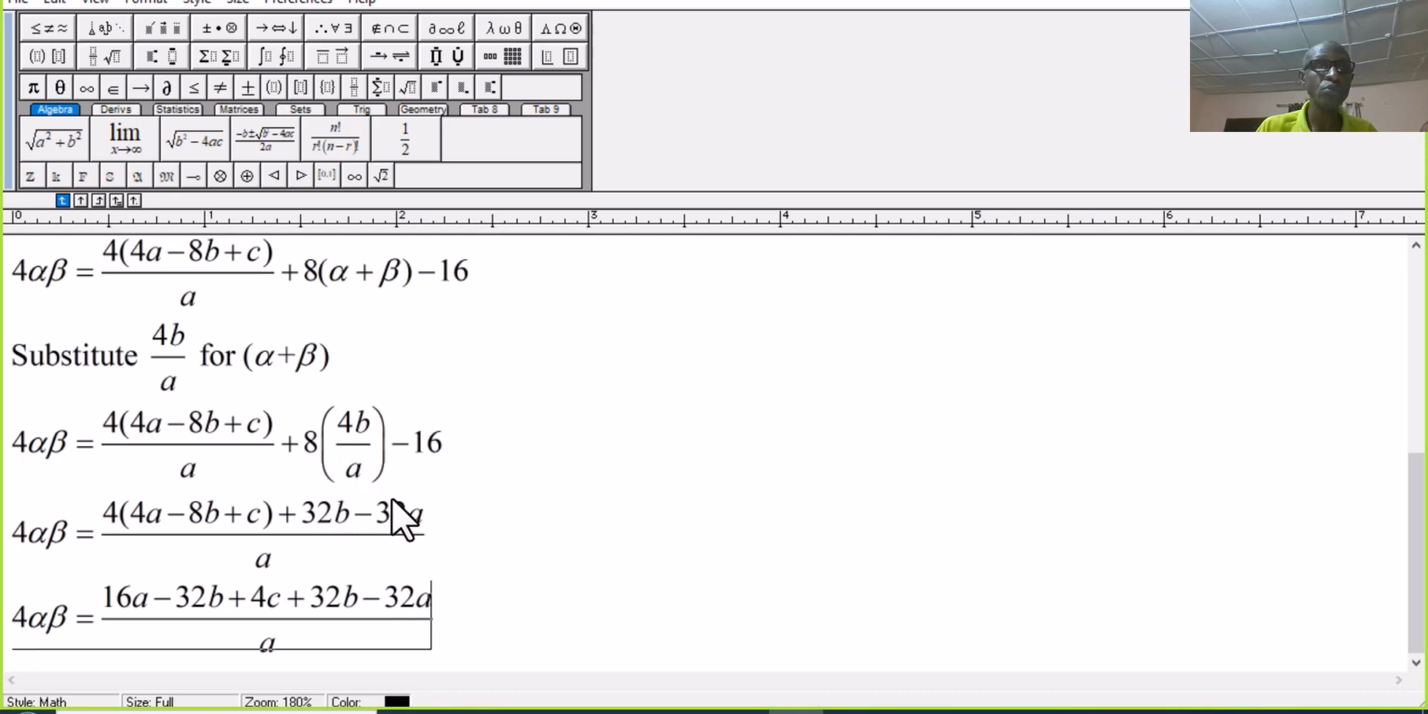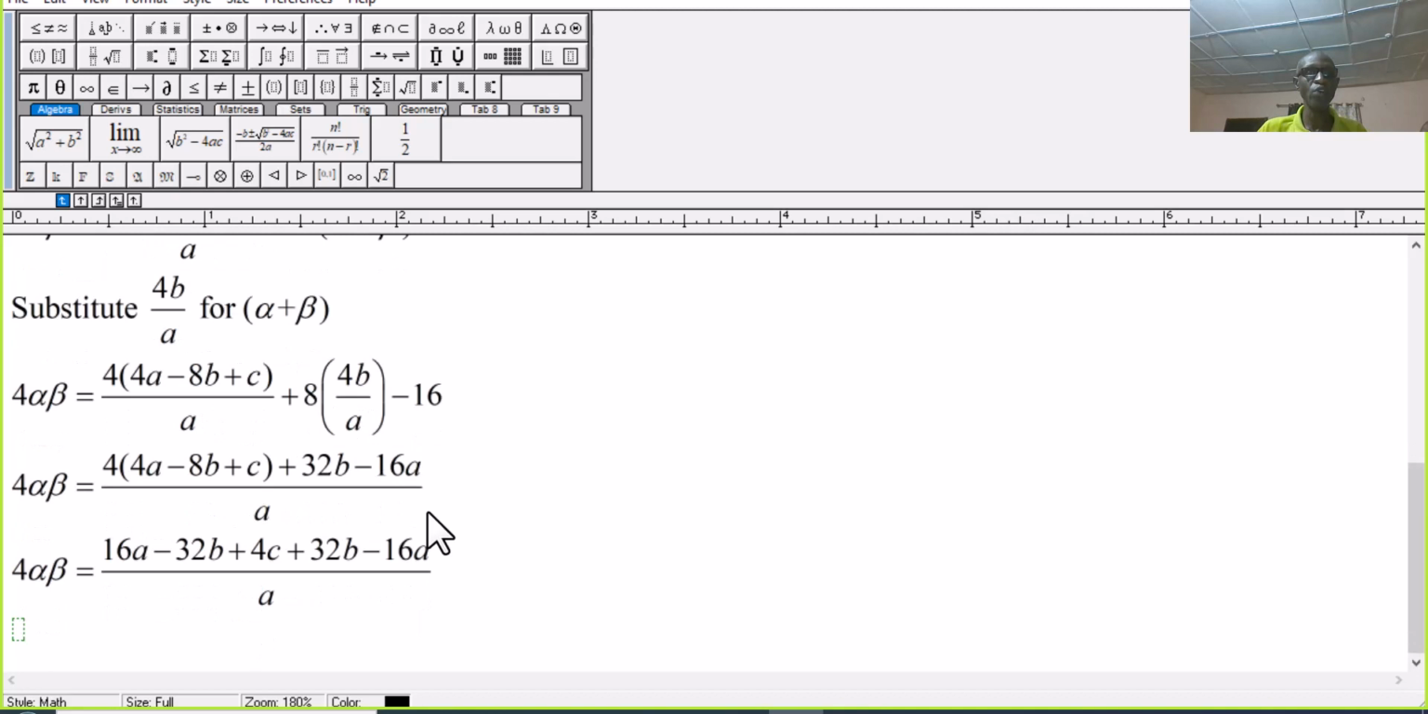This is 32. So this is an error here. That will be minus 16a. So this is 16a. Sorry. It happens as you work, but go over your questions step by step so that you can know where you are making mistakes. So if we simplify this, 16a minus 16a will cancel out. Minus 32b and plus 32b will cancel out. So what we have here is just 4c